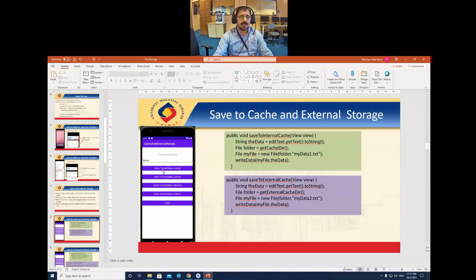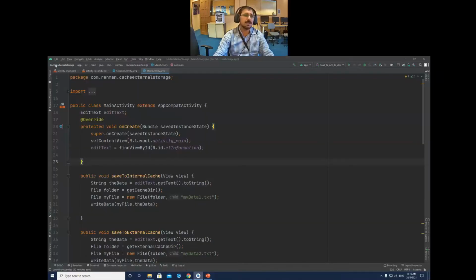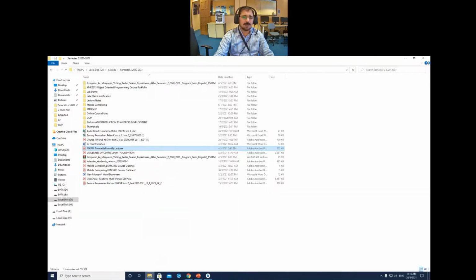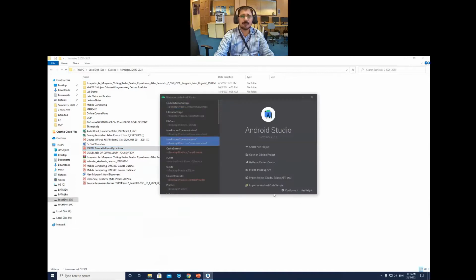So how to do that? Let's create an application like this. I have already created one. Let me show you, and we will go through it step by step, and later on I will share all the information with you. Don't worry. Let me close this one first. I just created this one, but I think I will create another one.